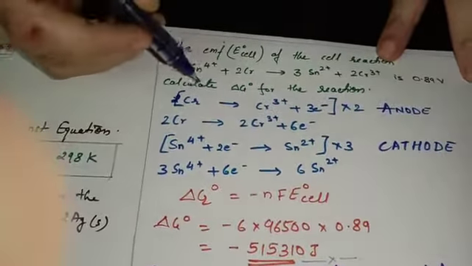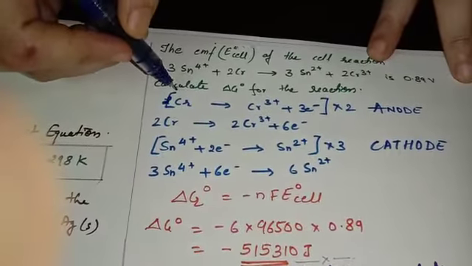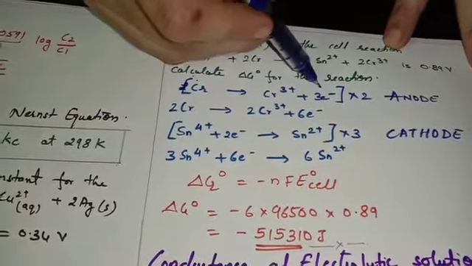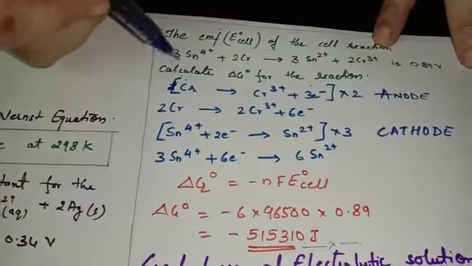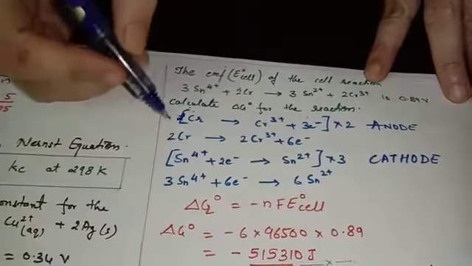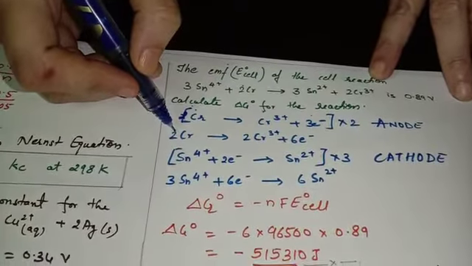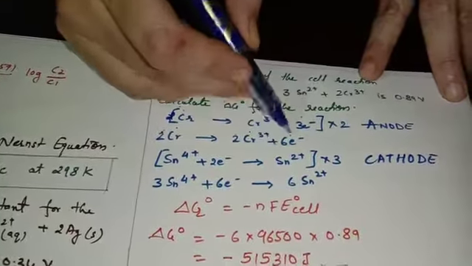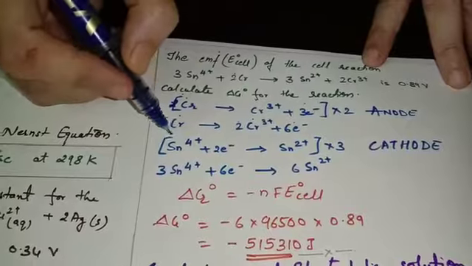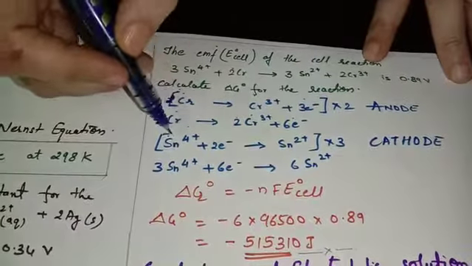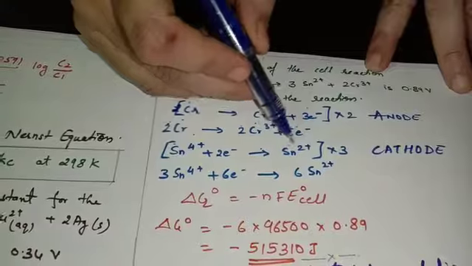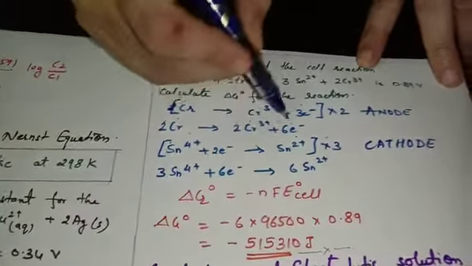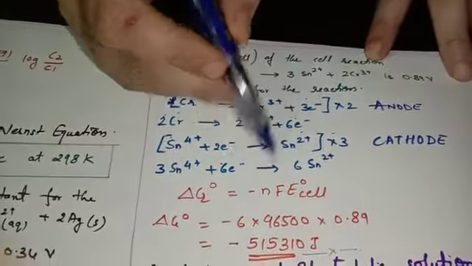The first step is to calculate the value of n. So first I'm going to write down the cell reaction that takes place at chromium. Chromium gets converted into chromium ions by losing 3 electrons, whereas as 2 chromium is given in this equation, I'm going to multiply the equation by 2. It comes to be 2 chromium gets converted into 2 chromium ions plus loss of 6 electrons. Whereas tin 4 plus ion will gain 2 electrons and get converted into Sn2 plus ion. This equation is multiplied by 3, hence the number of electrons in both equations is 6. So the value of n comes to be 6.